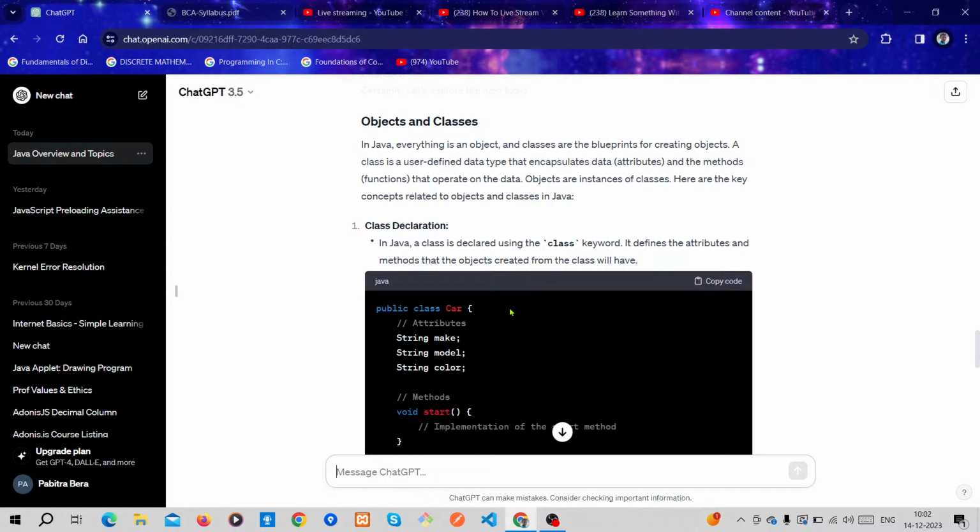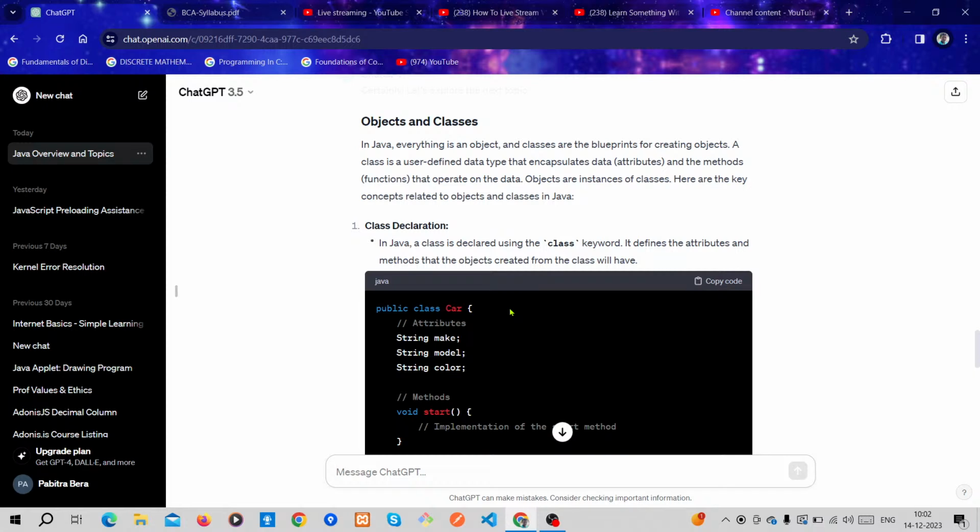Classes are the blueprints for creating objects, meaning a design of a car. You design a car on paper with a pencil, and this is called a blueprint or class.